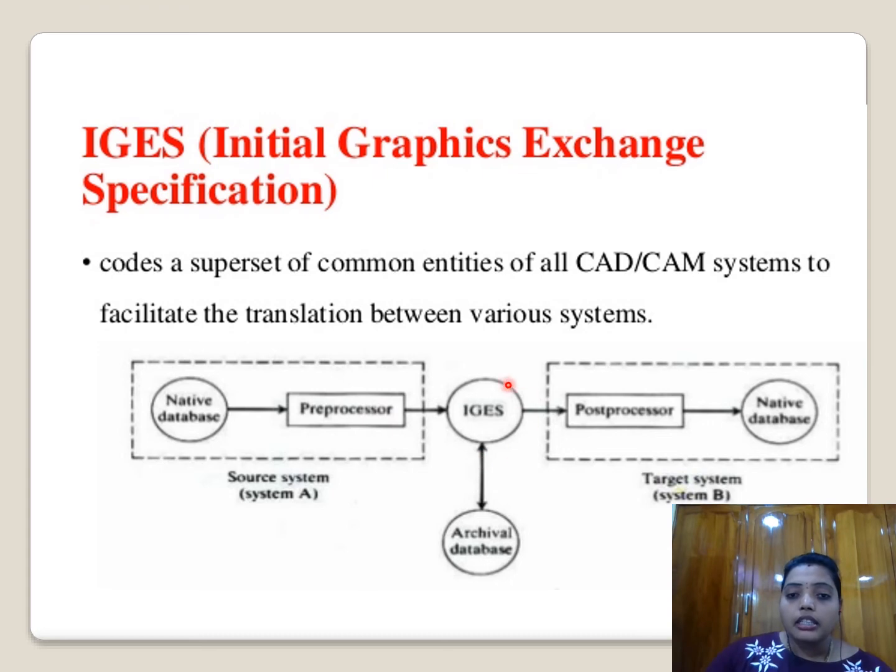This whole data is the basic one. IGES is a data exchange specification. By using this standard, we transfer this data to system B. If we have a design in this one, by using this software we will exchange that whole data and upload it into the CNC machine software. Like that the data exchange will happen, with the post processor and native database. In this way the whole process will be exchanged by using IGES.